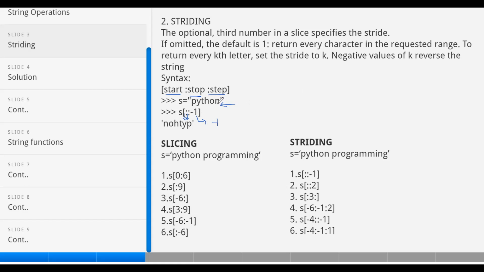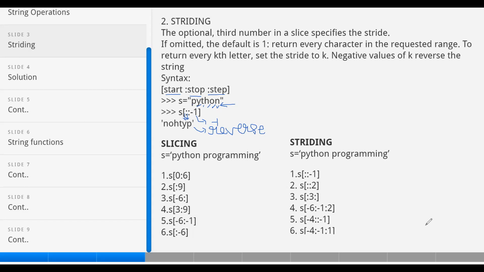So it will print N O H T Y P. This is nothing but reversing the string. Using striding, you can directly reverse a string value.